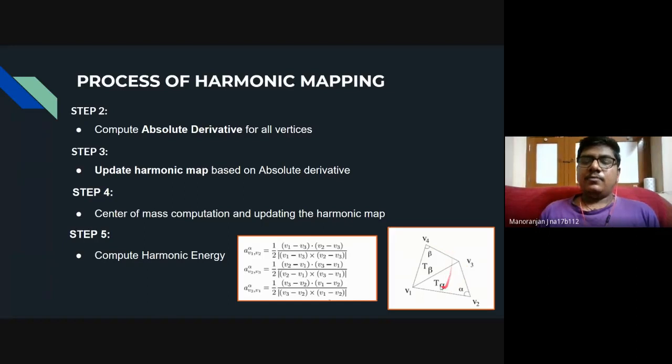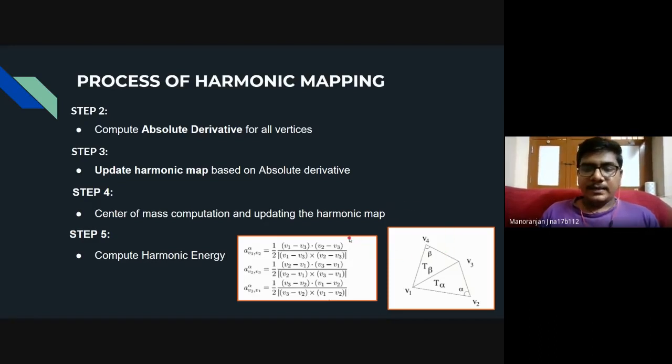To give a sense of what is happening, it will be trying to conserve the angles of the panels in this way. As I have said about the conformal mappings, if two lines are intersecting in the original object at angle alpha, it will be the same in the harmonic mapping as well. So this KUV will be trying to conserve that. So that's what we are doing here.